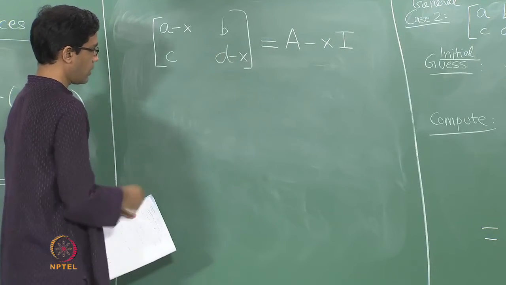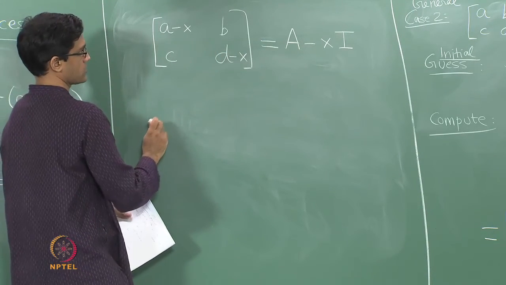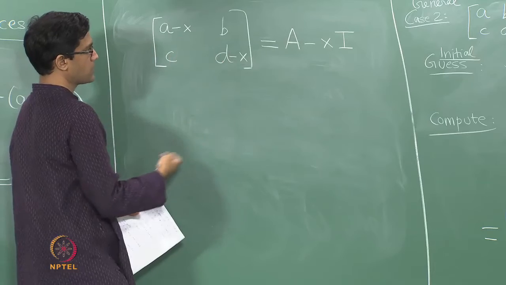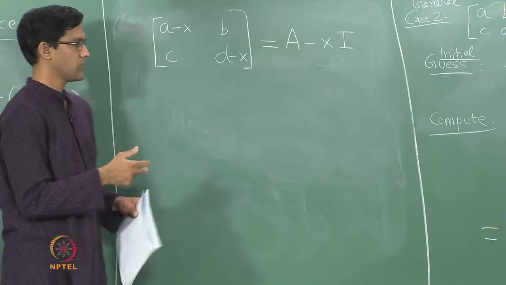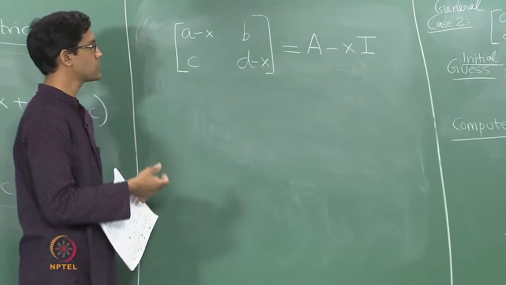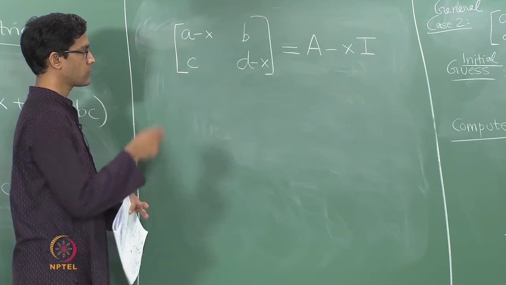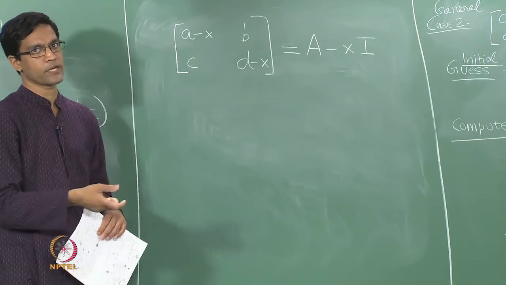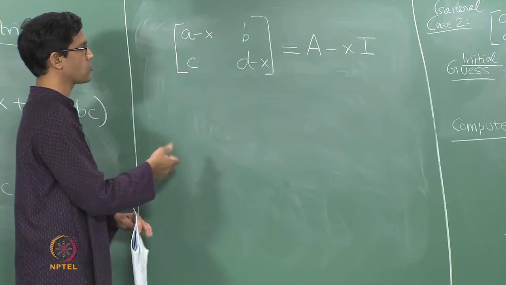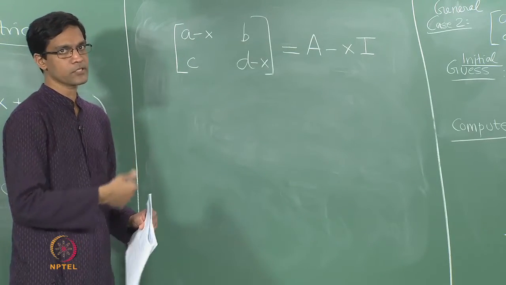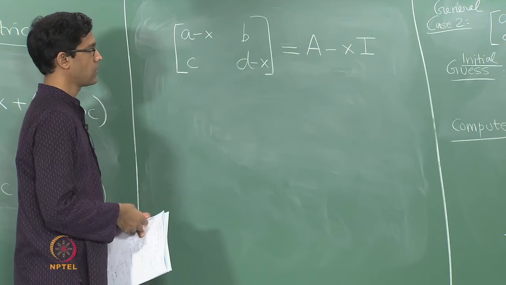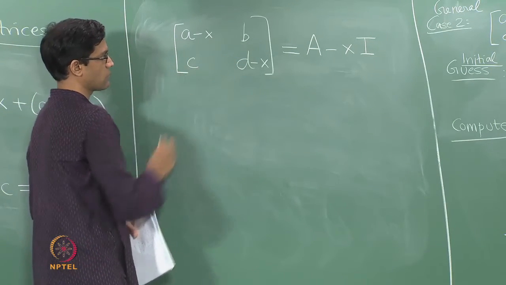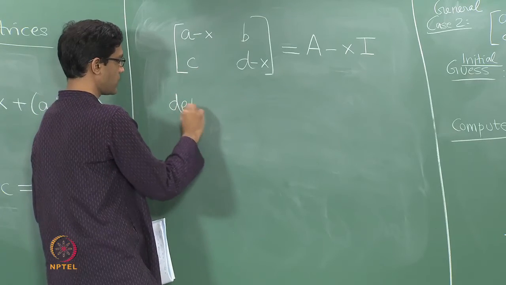So I have taken this matrix, and now if you compute the determinant of this new matrix, so already observe A, B, C, D are real numbers, and x is of course not a number anymore, it is just a symbol. But recall we said before that the nice thing with having matrices or vectors and so on is that you can put any entries you want as long as there is a sensible notion of addition and multiplication of those entries. You do not always need those entries to be numbers necessarily, they could be other kinds of things such as variables like x, which we know how to add and multiply together. So polynomials are perfectly fine as entries of matrices,